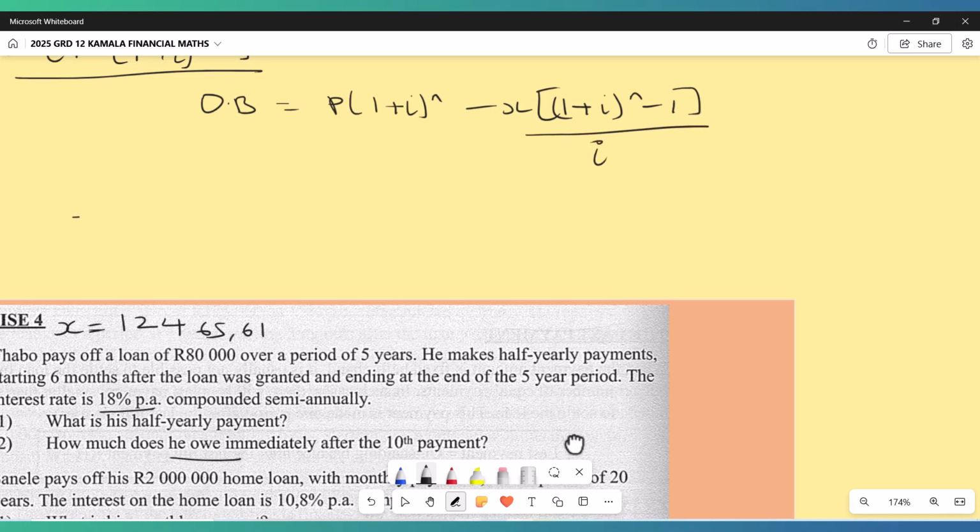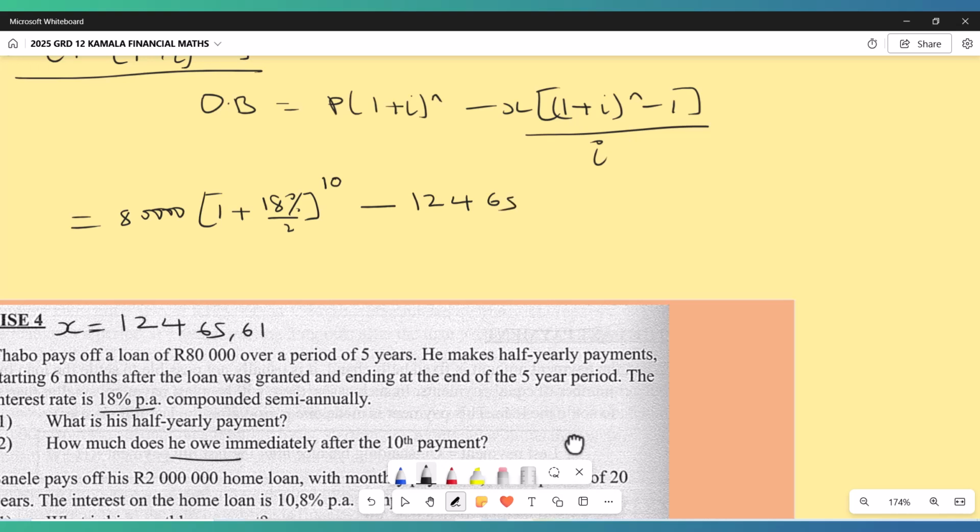So remember that we had 80,000. So this is 80,000, then open brackets, 1 plus i, which is the 18%. Because we are compounding semi-annually, we divide by 2. Now he's made how many payments so far? 10, so power 10. These 10 payments are not years, we just put 10 the way it is. Then minus x, which is 124,